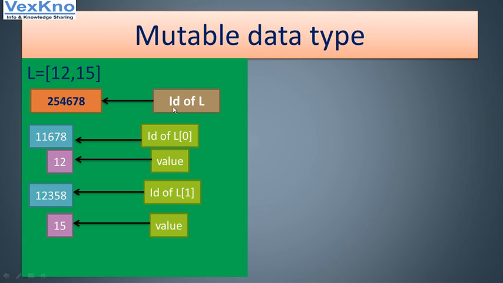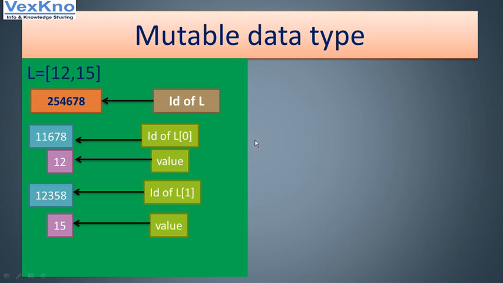But each value inside has its own address. This address basically will have a scope, and in this address scope you can say these values are declared, and from this memory space IDs are actually assigned. So ID of L0 is 11678, and the value 12 has this ID. Same way, L1 will have another ID representing another value. Clear? So there are two kinds of address which we will be dealing with in a sequence or list.